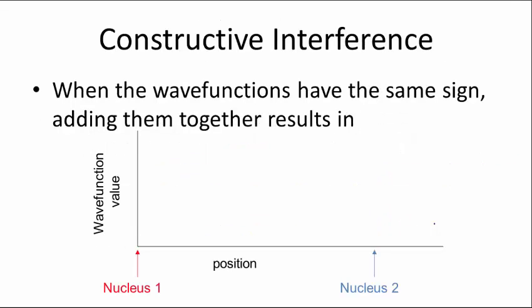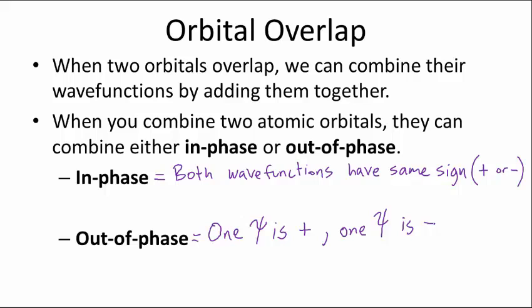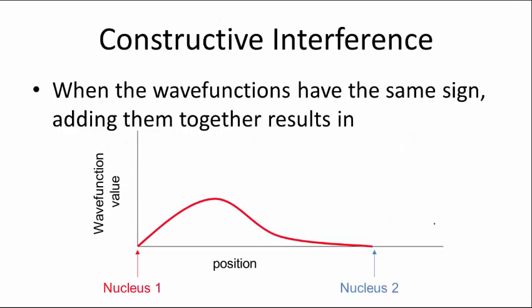So we use the language of what we call constructive interference and destructive interference to describe in-phase and out-of-phase overlap. I'm not going to test you on the terms. It's not necessarily that important that you memorize them, but you may hear them from time to time. So constructive interference is the idea that when you have two wave functions with the same sign and you add them together,